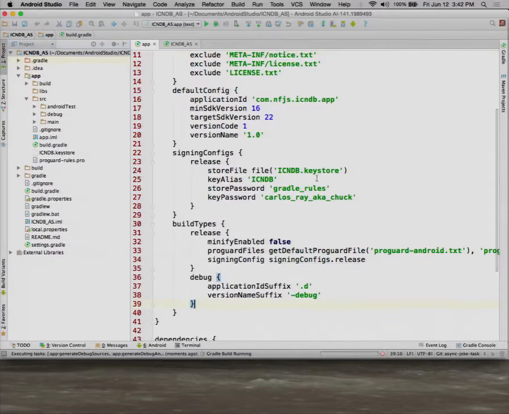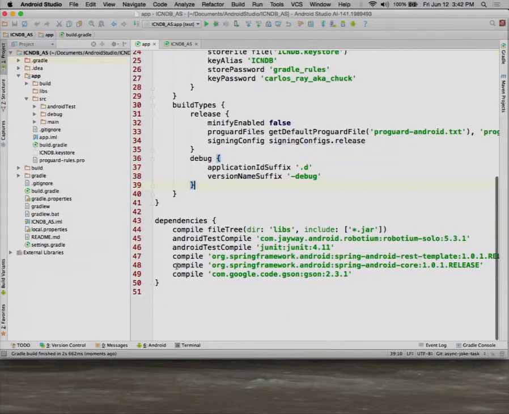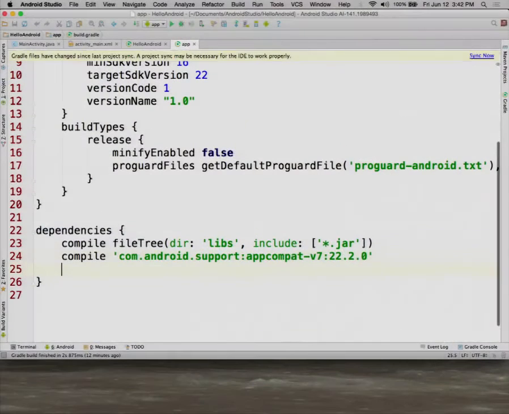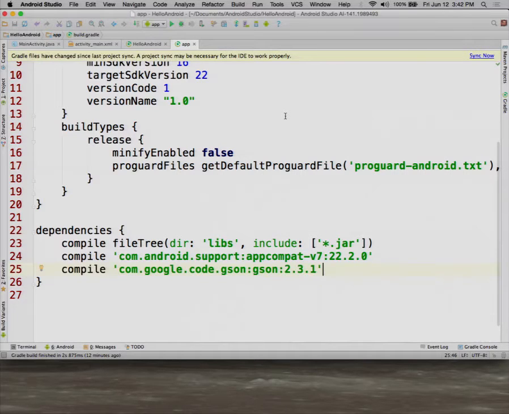Okay. Here is one of my dependencies. Let's say that I wanted to use Google's JSON library. Okay? And again, I'll come back in a minute to why I'm using it here, but I just wanted a sample. So say I want to use that. As soon as I hit enter in this file, Android Studio goes, wait a minute, the Gradle files have changed since the last project sync. Another project sync may be necessary for the IDE to work properly. Well, let me paste in my dependency. So there's the Google JSON library for parsing, converting JSON objects into Java classes and back again.